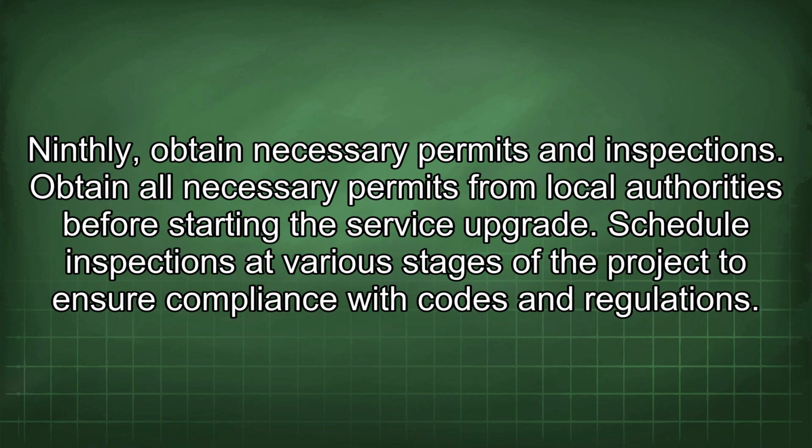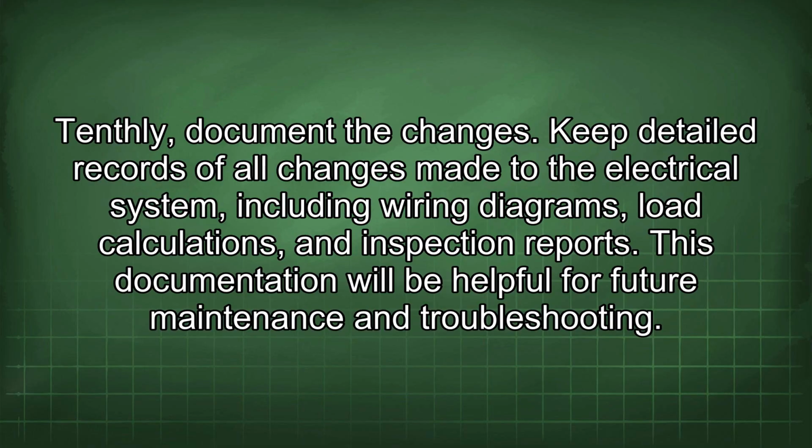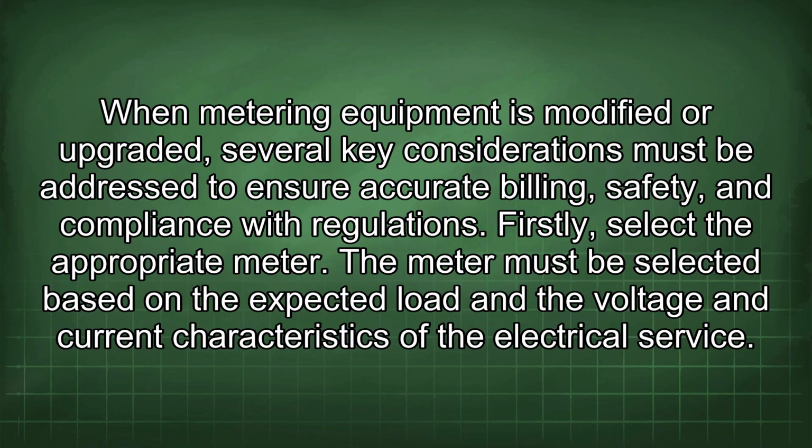Ninthly, obtain necessary permits and inspections. Obtain all necessary permits from local authorities before starting the service upgrade. Schedule inspections at various stages of the project to ensure compliance with codes and regulations. Tenthly, document the changes. Keep detailed records of all changes made to the electrical system, including wiring diagrams, load calculations, and inspection reports. This documentation will be helpful for future maintenance and troubleshooting. When metering equipment is modified or upgraded,